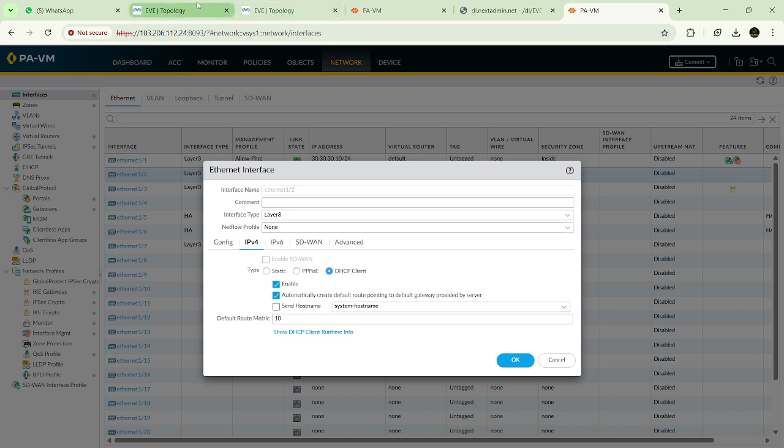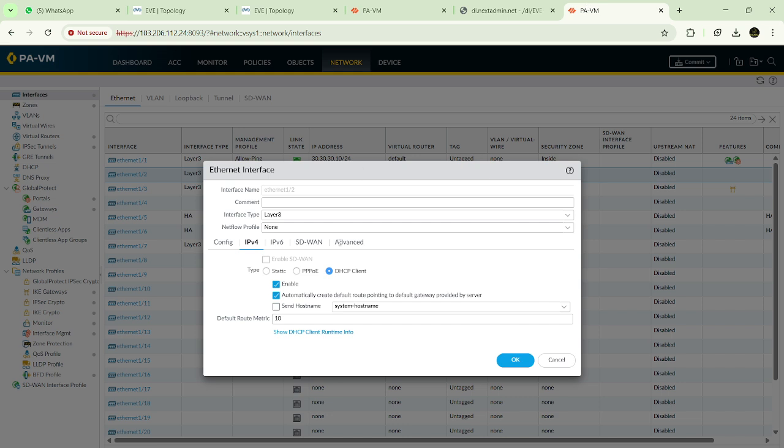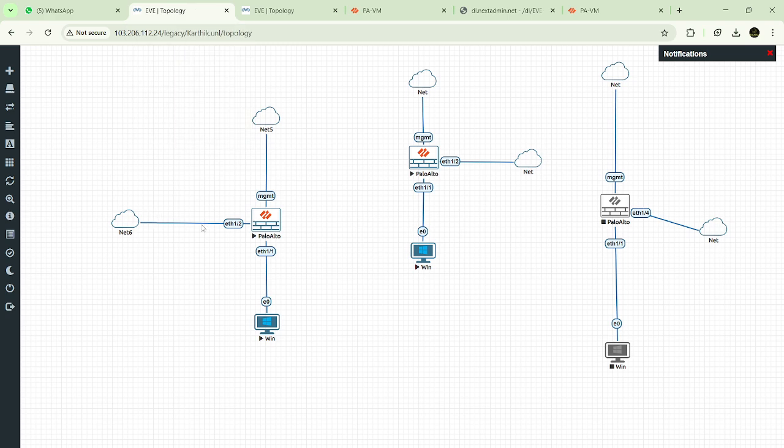So here I'm configuring this Ethernet 1/2 as a DHCP client, so that we'll get an IP from the cloud. And on the other type, don't enable the management profile on the outside interfaces. Because if you enable the management profile on this outside interface, the firewall will seem to be vulnerable, because